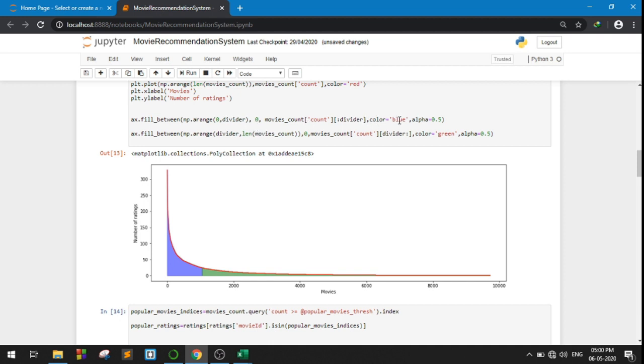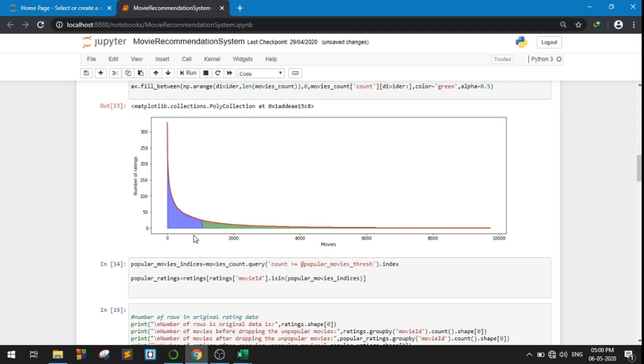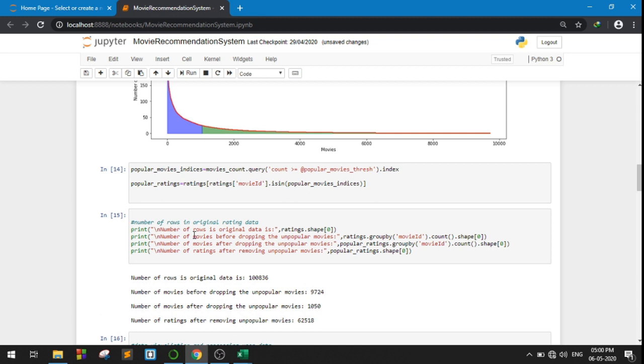So we can see the dividers in blue and green color. So these are the dividers we have calculated. Next, we process the movie data set and discard movies with low ratings, that is, less than the threshold, otherwise it would create noise in the data.